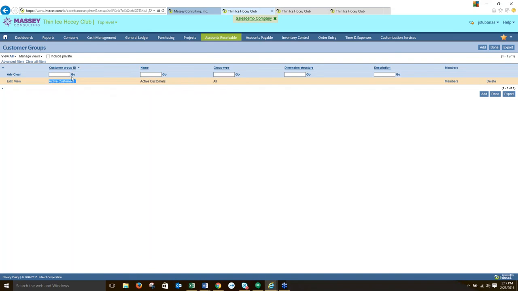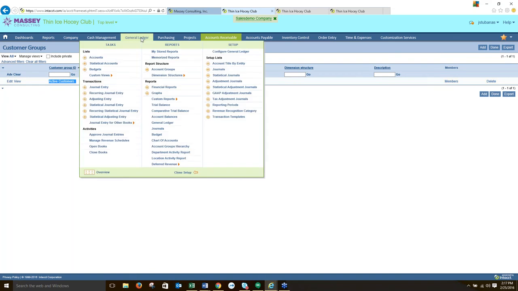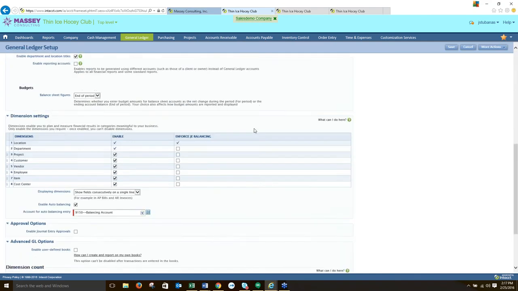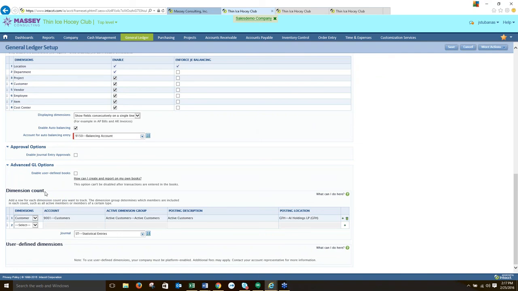The new feature of dimensional count then is established under the general ledger, configure general ledger, and you'll need permissions to get into that. And scroll down to the very bottom, and you will see this new feature called dimension count. And what we do here is we choose one of our dimensions, in this case customers, and here's my statistical account 9001 for